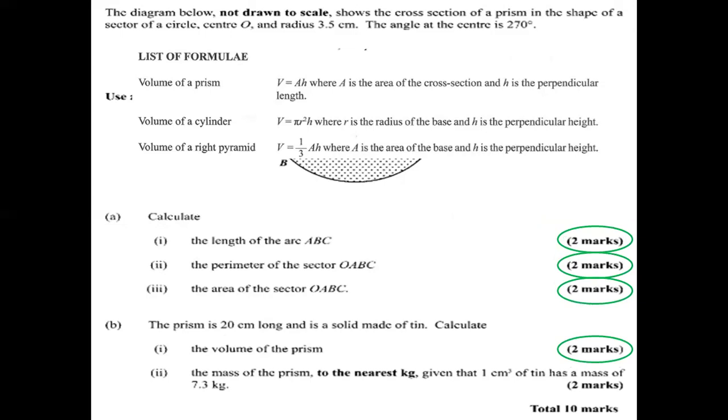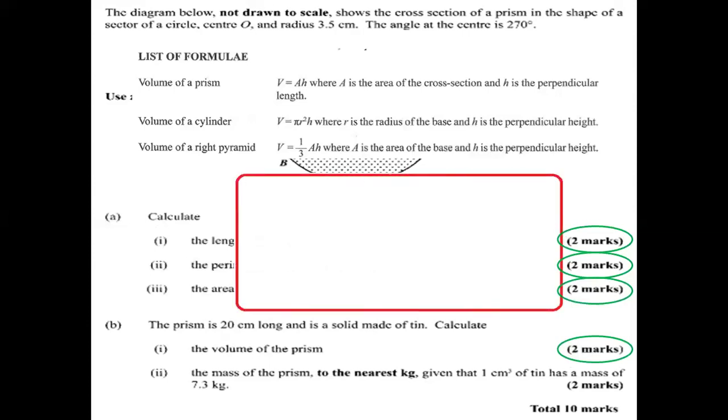Again, part B is asking: the prism is 20 centimeters long and the solid is made of tin. Calculate the volume of the prism. So it's asking for volume. Even that is given on our